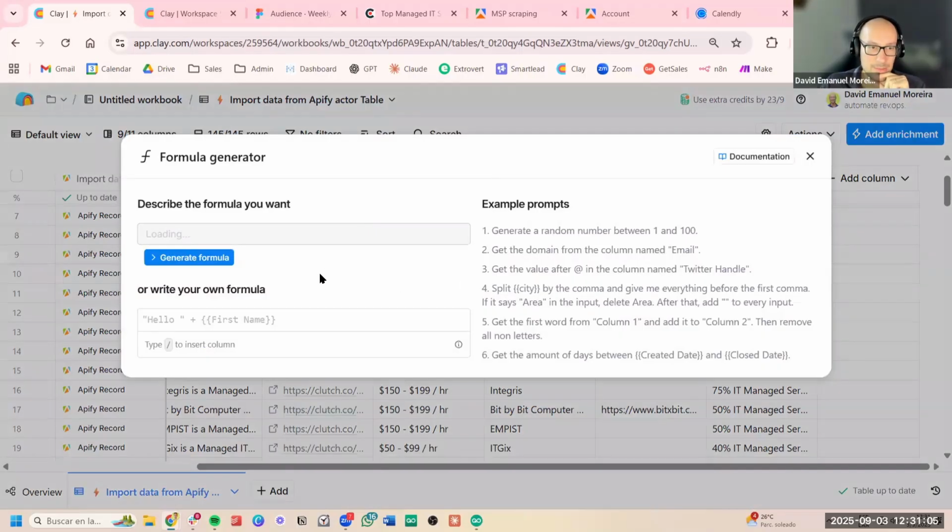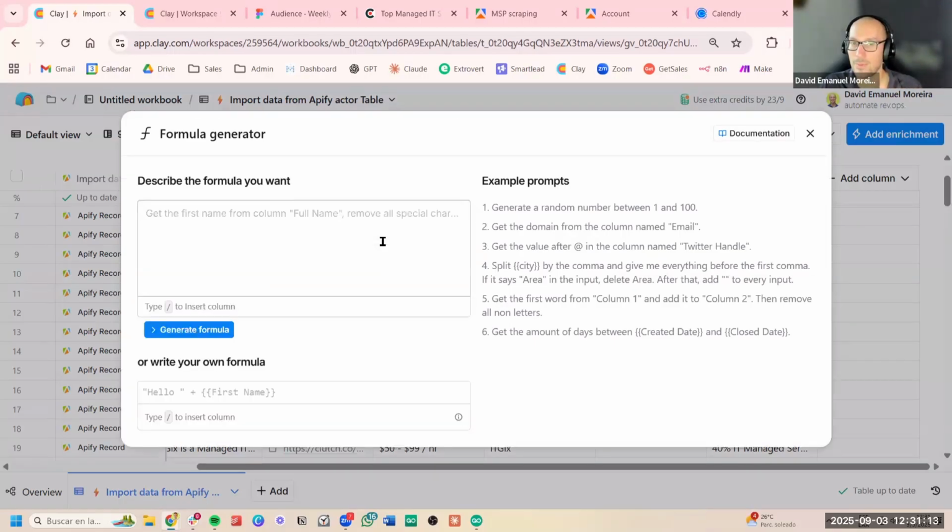You're gonna see a model like this one is loading, but in this box that is gonna appear here, you can describe what you want to do, and the AI will transform that and create a formula in a column that will process the data for you. It's not like it will create an AI query for each row, but it will create a general formula that's gonna be free in Clay. You don't need to waste any credits, you don't need to pay anything extra to run this formula. So in this case, let's say